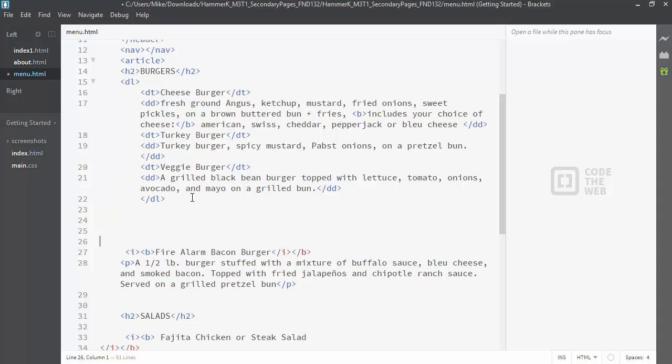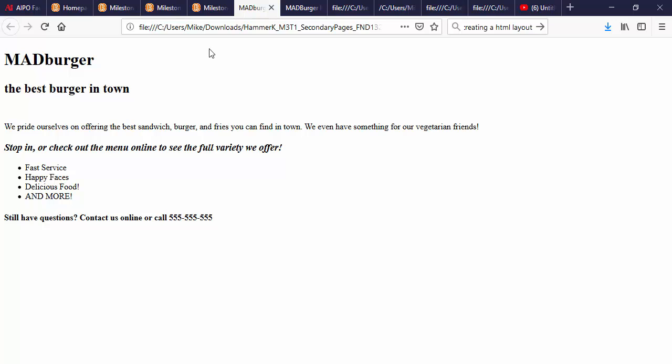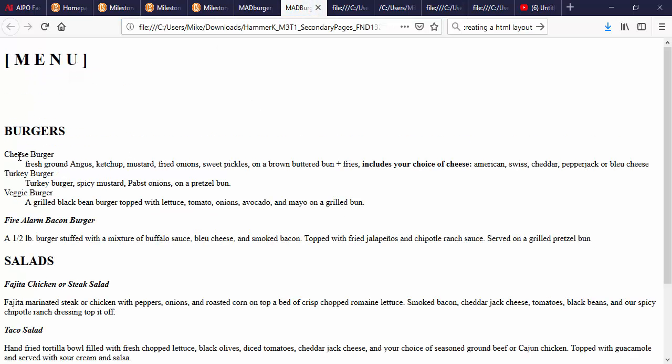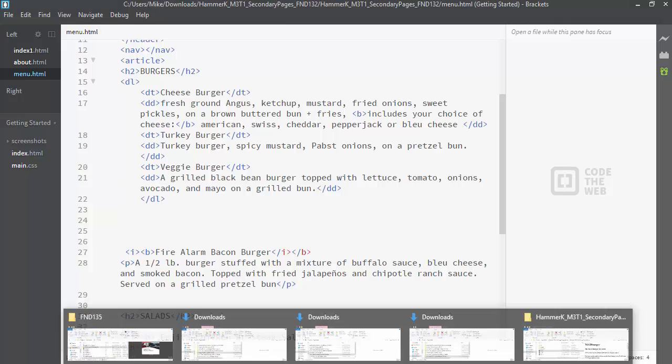Now here's what it's going to look like. So when I save it, see how it goes in and it indents the definition. So see how fresh is indented? So it kind of groups it. It's a great way to group it. Now you're like, well, it's not styled yet. So what you can do there then is with your style sheet,